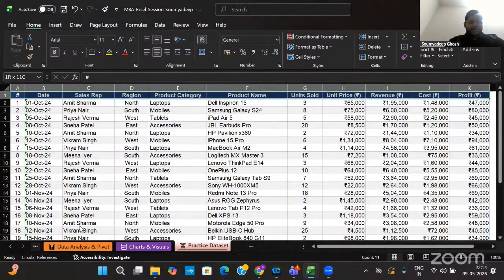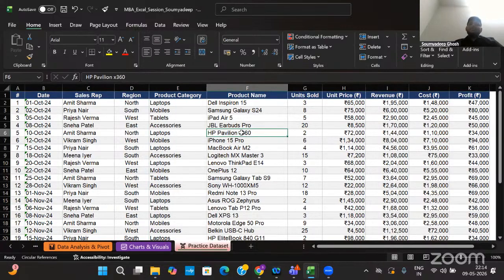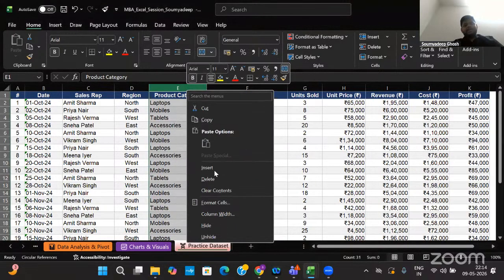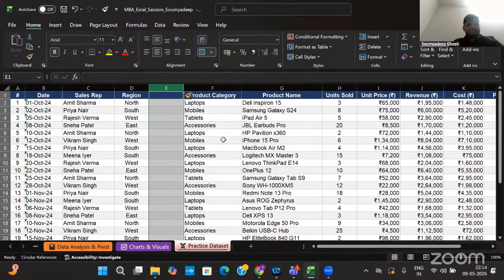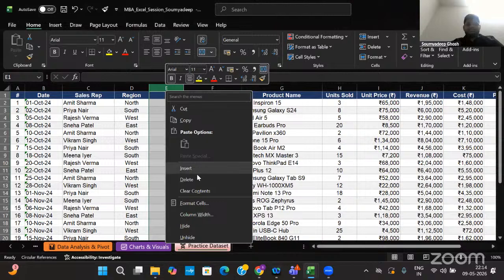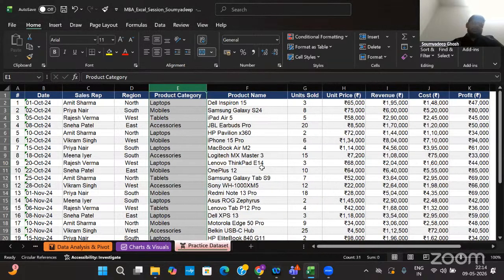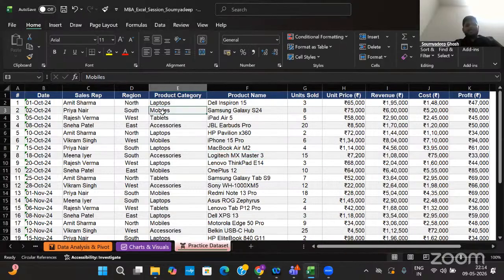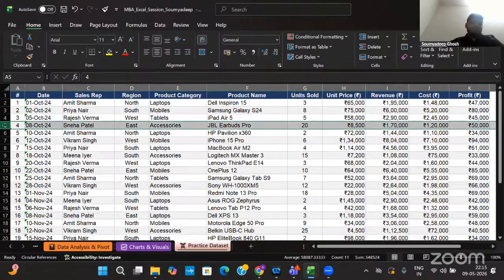Now I'll tell you, in Excel, we have multiple rows and multiple columns. In case we have to insert a row or column, one thing is we can click here, then click on insert, and then we can do this insert operation. Okay. But we can also right click and then delete a row or column. But suppose I want to do a quick insert, then it is difficult to follow this same process.